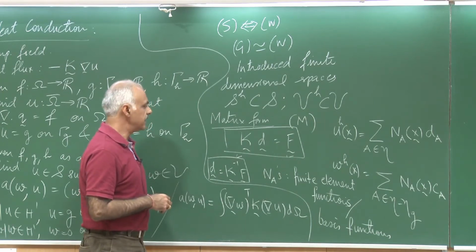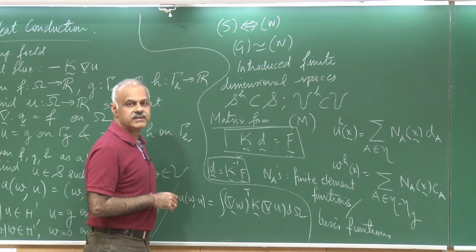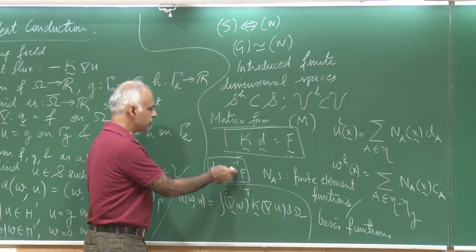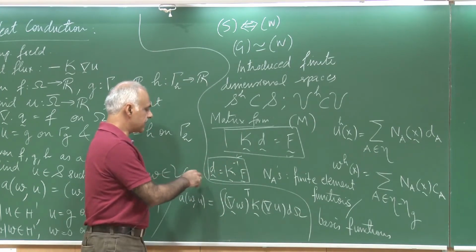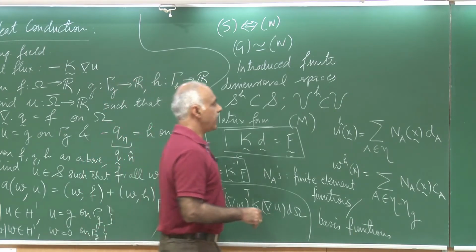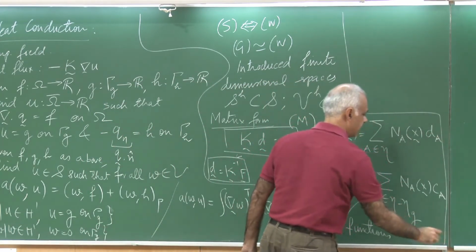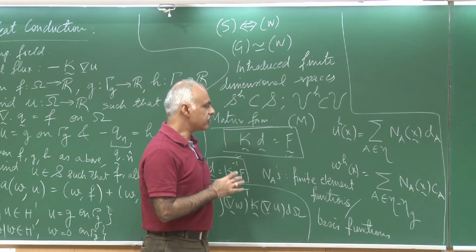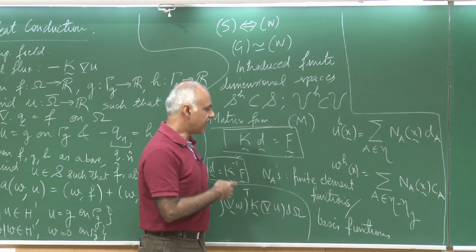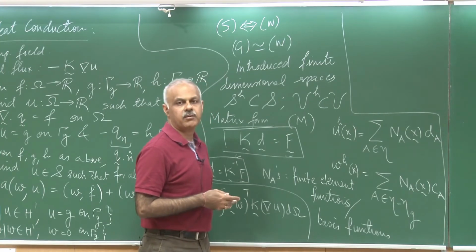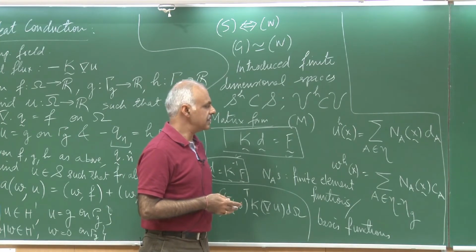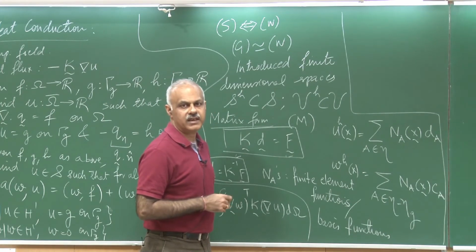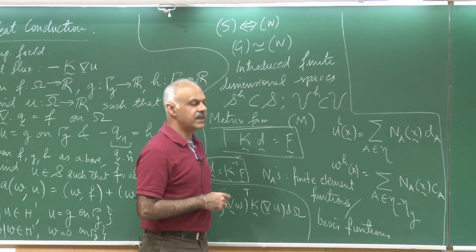Okay. So, at the end we have reduced a problem which was given in terms of a partial differential equation into a system of linear equations which are coupled, and we can just form K and do some kind of an inversion and get back the solution D. Okay. Now, the whole exercise was how can we implement this in an efficient manner. In fact, if you do not want to worry about efficiency, then actually you are able to now solve a scalar problem in 2 and 3 dimensions, of course a linear steady problem, and you know enough about finite elements now to go ahead and solve it. But we want to look at some efficient ways.